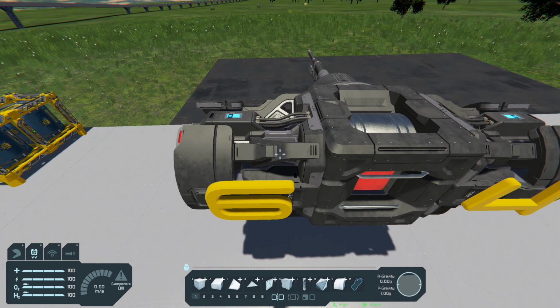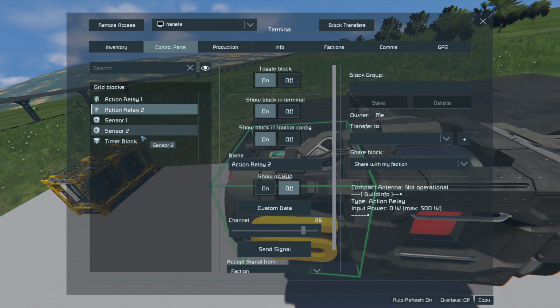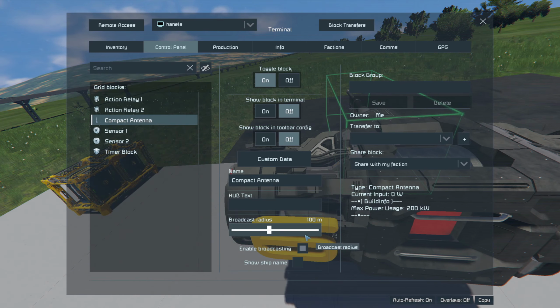The distance for this information is like 100 meters, maybe more. I can check it. It's not much. Yeah, 100 meters, because the sensor has a distance like 50 meters. So 100 meters is okay